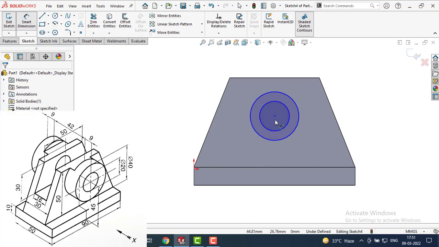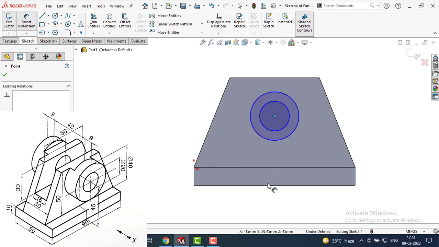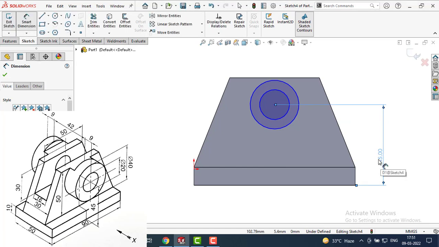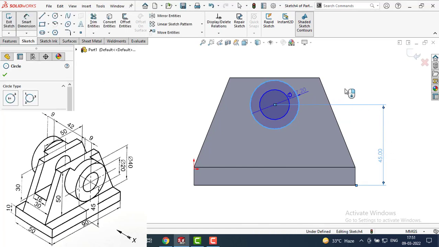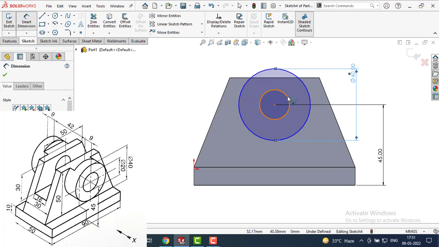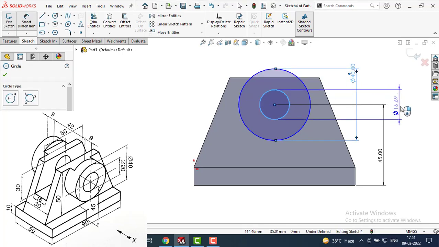The distance between the center of the circle and the bottommost line is 45 mm. The diameter of the outer circle is 40 mm and the diameter of the inner circle is 20 mm.